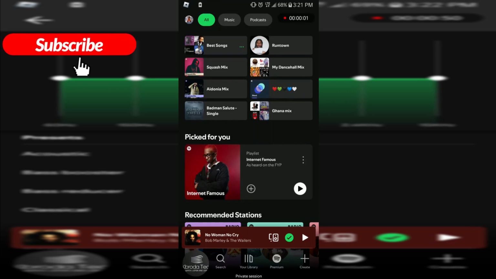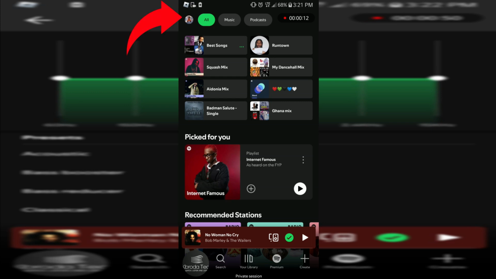In this video, I'm showing you how you can use the Spotify Equalizer feature. So this is going to help you edit the quality of songs you listen to. Very simple and easy. So to do this, let's just tap on our profile at the top left corner of